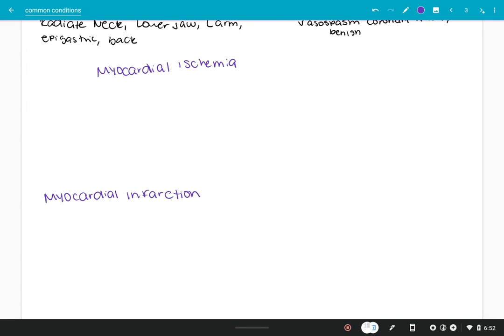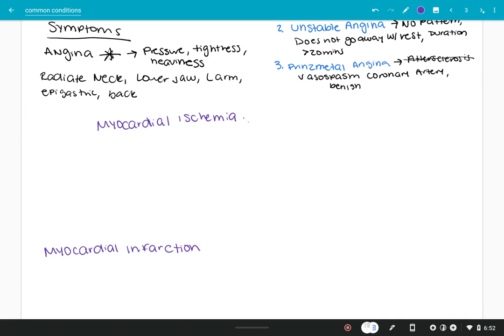Okay, so what's the difference? Ischemia is reversible. So ischemia happens when oxygen demand, so O2 demand of the heart, so myocardial,